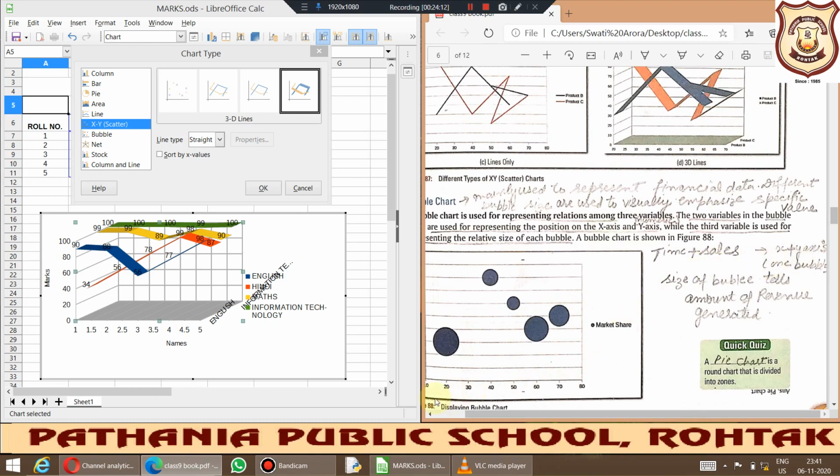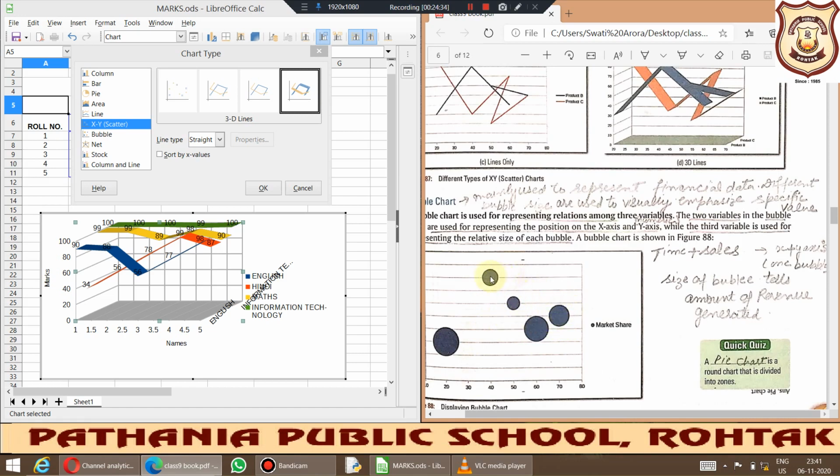Here you will have time, and on this axis you will have the sales. You read it through the center of the bubble. When the time was 20, your sale was this. And you see the variation in magnitude, meaning the size of the bubble is also changing.